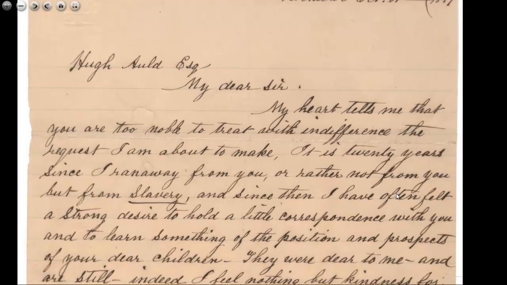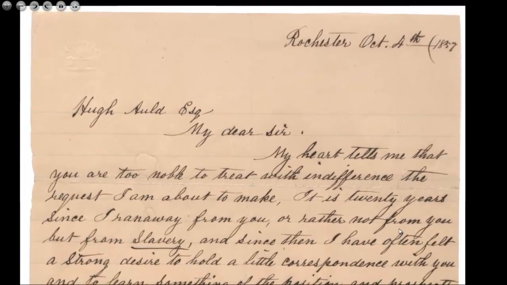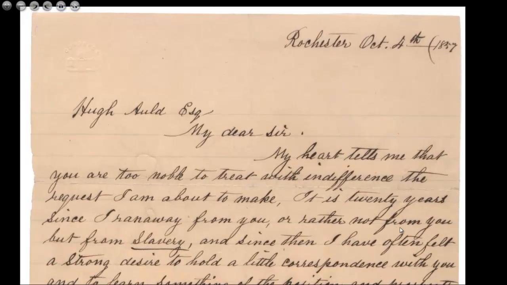So a bit of background about this. This is a letter from a Mr. Frederick Douglass, who was a former slave, and this is a letter written 20 years after he escaped from ownership of a middle-class merchant in the New York area.